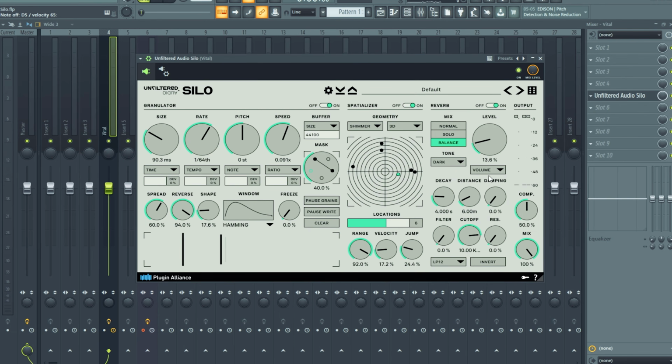And then here you have a couple of classic reverb alterations that you can do to your reverb signal. And there's some filtering and the classic decay, distance, damping. Now on your output, you have a mix knob and you have a compression knob, which is really cool and